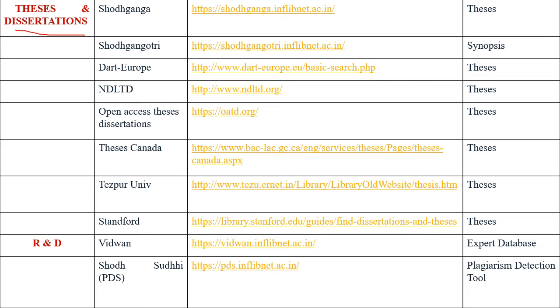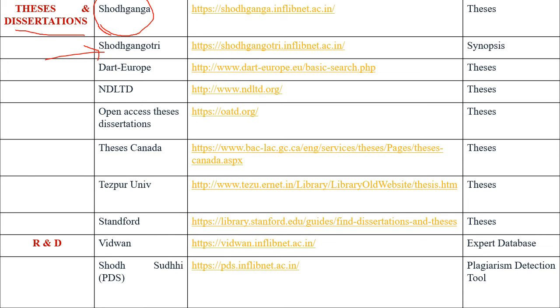So if you're a PhD student, a learner, a scholar, an aspirant, or a researcher, Shodh Ganga is very, very useful for your thesis and dissertations. Shodh Gangotri as well. These are a few of the sites that one must never forget, because this will help you ahead. Also, if you want scholarships and fellowships, your thesis should be strong. And to prepare those theses, you need to have a good idea. So yes, these are a few of the important